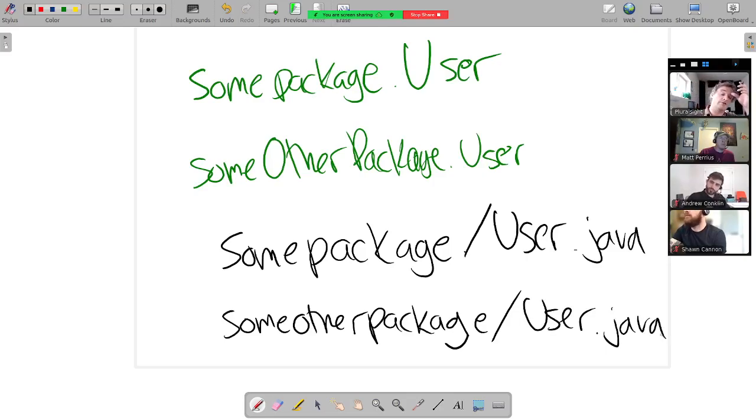So we can see how this folder structure really helps us with this also, because we can't have two files in the same folder that have the same name. So we already get uniqueness just based on that. And this is how Java is going to figure out where these classes are when we import them. Questions so far? Hit me.